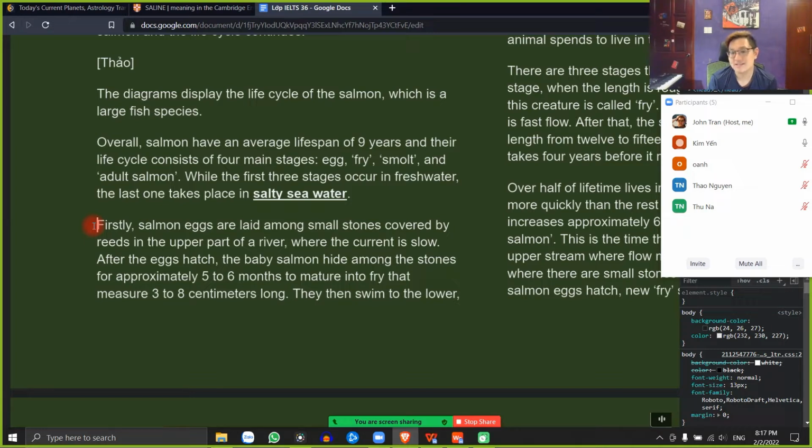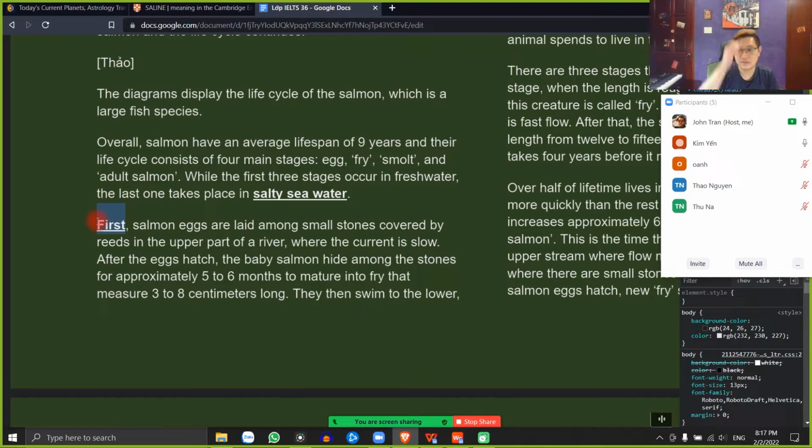Cái dụ mà first, second, then, after that là nó miêu tả những cái bước trong một cái chu trình. Còn cái firstly, secondly và finally gì đó, nó là miêu tả những cái ý trong một cái chuỗi logic. Ý mình nói ra, ý đầu tiên là, ý hai là, ý ba là, cuối cùng là. Mọi người nhớ không? Cho nên trong trường hợp này không được dùng firstly nha. Nó là một chu trình mà. Nó một cái quá trình vòng đời của nó phải là first. This is not firstly, I'm sure, because you're talking about a life cycle of fish. So you have to use first, second, something.